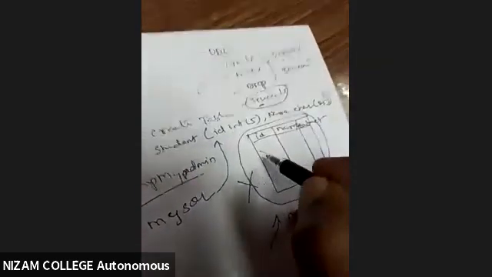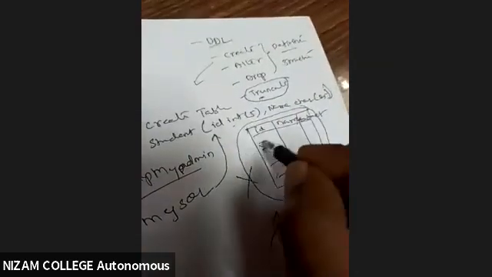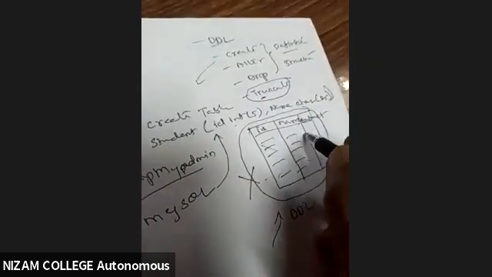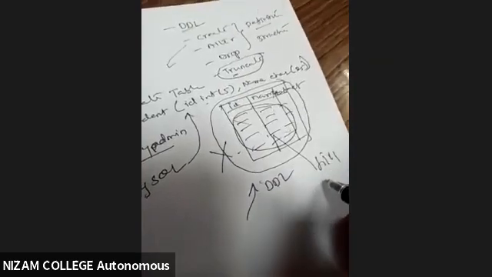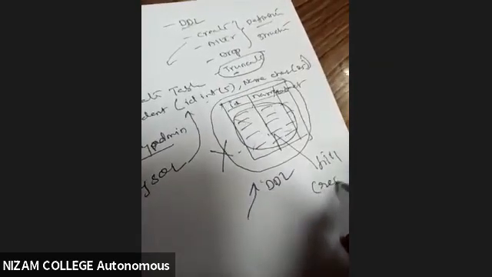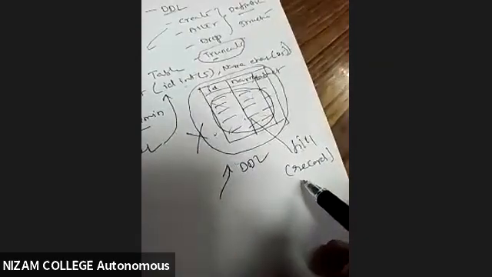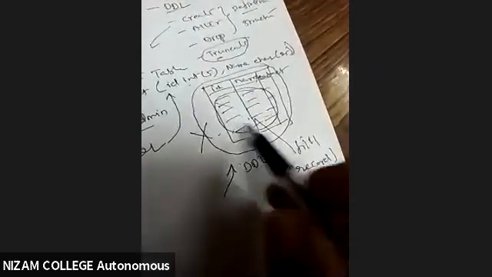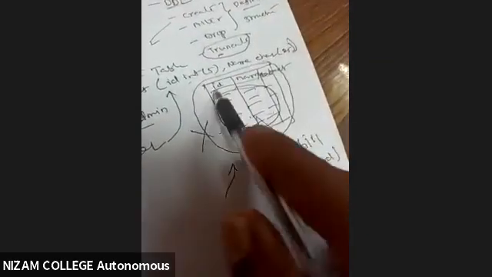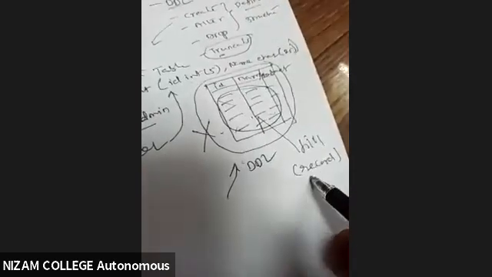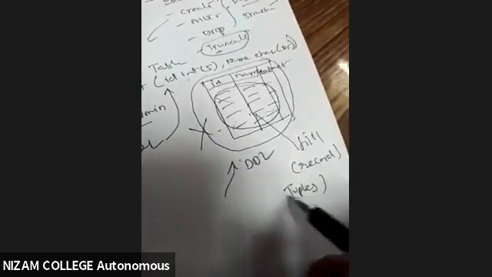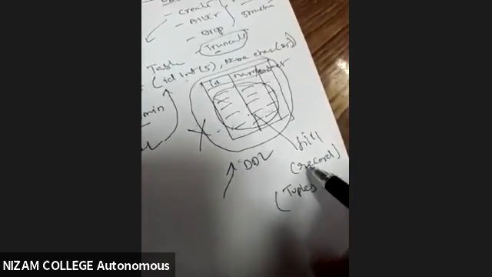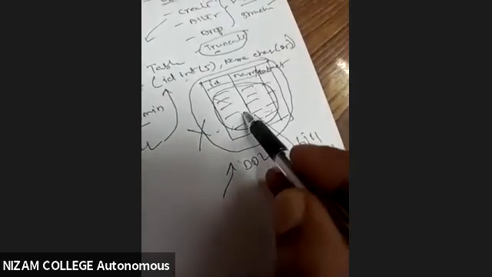Now today's target is to insert the records here. Whatever data we collected, I want to fill this structure with records. In our DBMS terminology, we call this a record. So I want to add some records here. That means the structure is empty now, and I want to fill it with some records. In DBMS terminology, we also call these tuples. So I want to add some records in the empty structure.